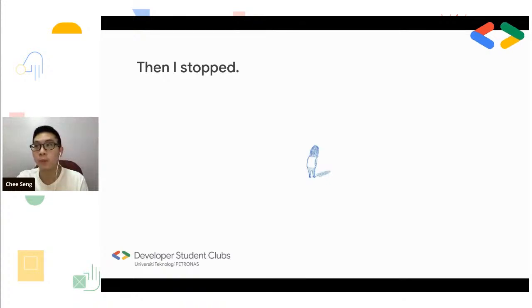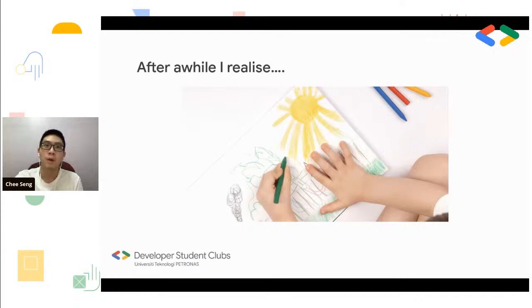So I stopped, and then after a while, I realized I can draw. I mean, I've always been drawing since the age of 4 or 5. So drawing and illustrating has been a natural thing to me. I just never realized it before that. Even before coding, I thought I was going to be a scientist. I thought I was going to be a computer engineer. That is what I planned to do.